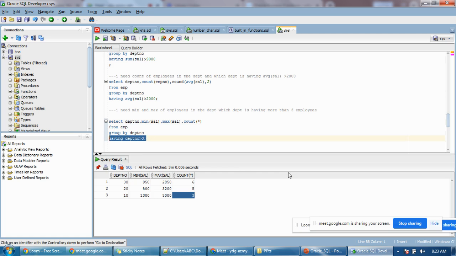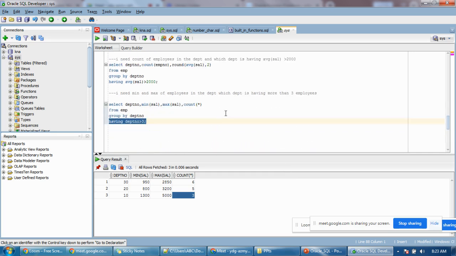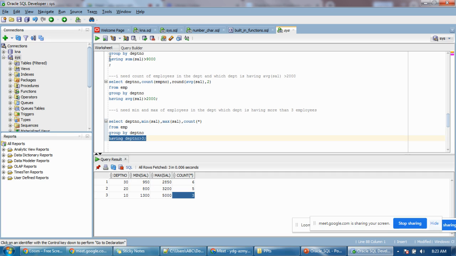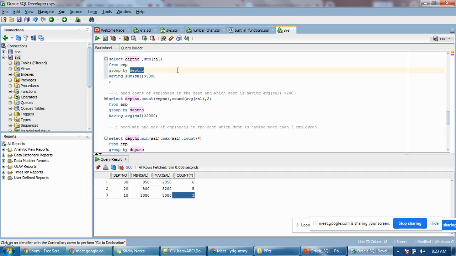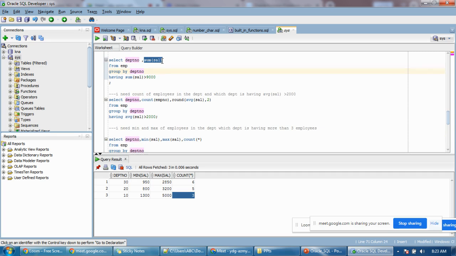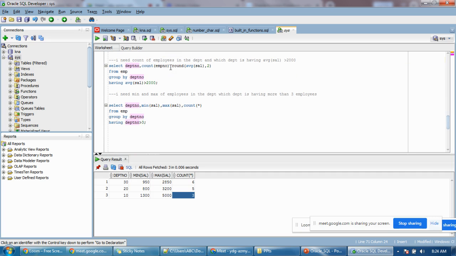What will it consider normally? What I told, having, let me repeat that. Having, what it will do after making the group by: if you want to fetch the aggregated value filter, if you want to do a filter on aggregated values, then you will go for the having. So what actually you are doing,